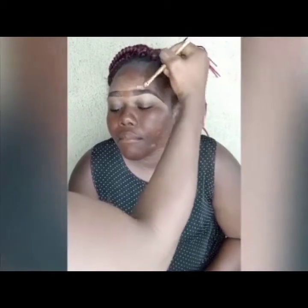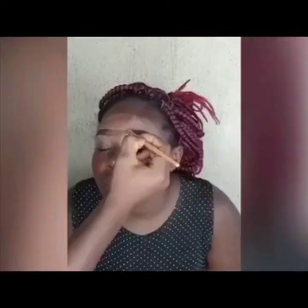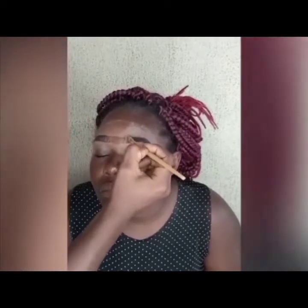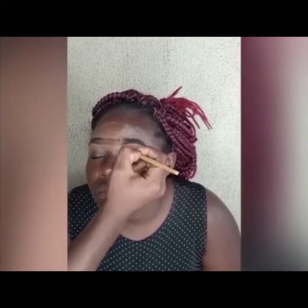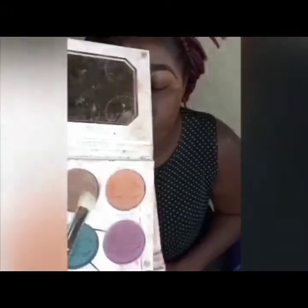And then I used a lighter shade of concealer and traced this concealer underneath her brows. It has to blend so that it looks really nice. And then I also used a darker shade of concealer to trace above her brows, and then I blended. I also picked that same darker shade of concealer and made the beginning of her brows look very natural by